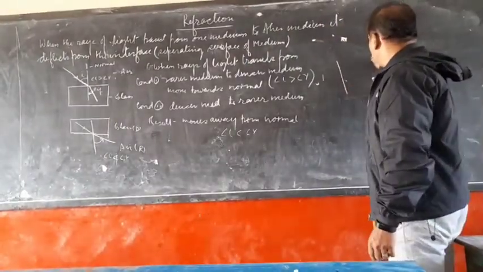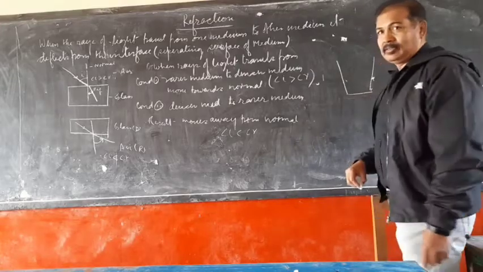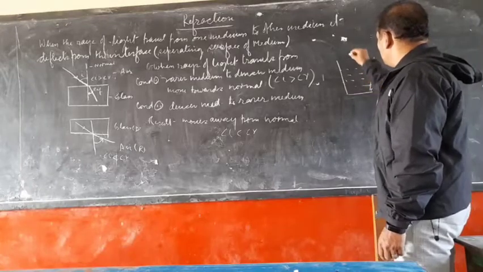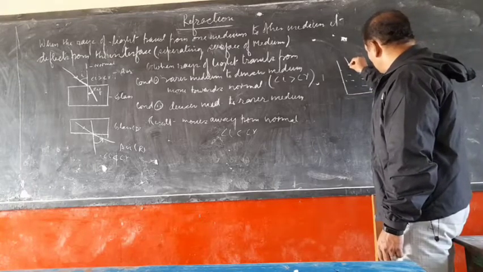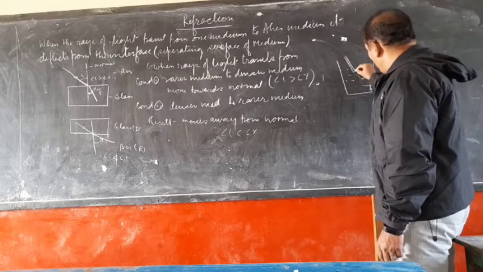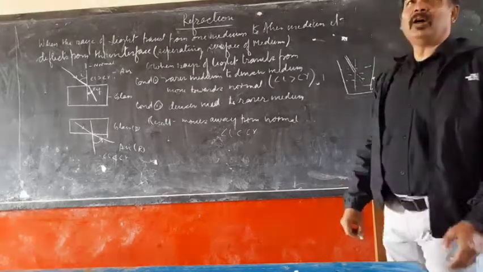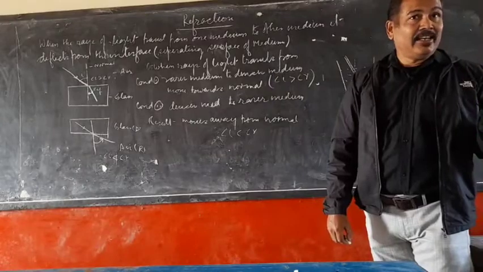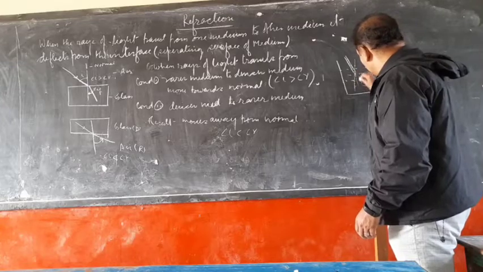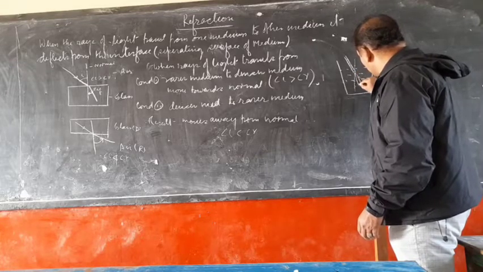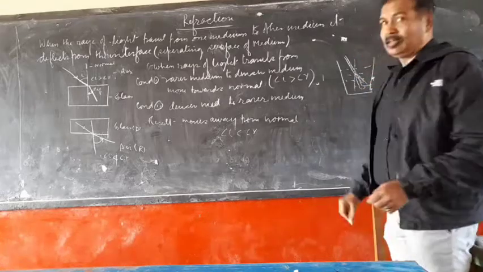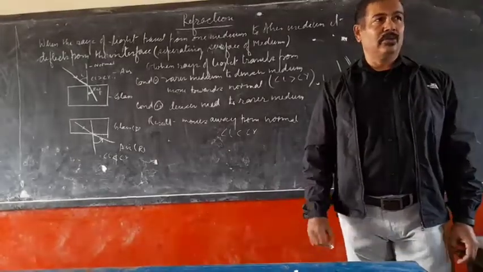Suppose you take a glass, made of glass, fill it with water, and keep a spoon in this one. What happened? You find that the spoon will appear tilted. वो टेढ़ा नजर आएगा. The virtual image will be formed in this direction. उसका direction क्या बनेगा? इस position पर बनेगा. Actually, the spoon is in this condition, straight. If the glass is available, I will show you in my next class.